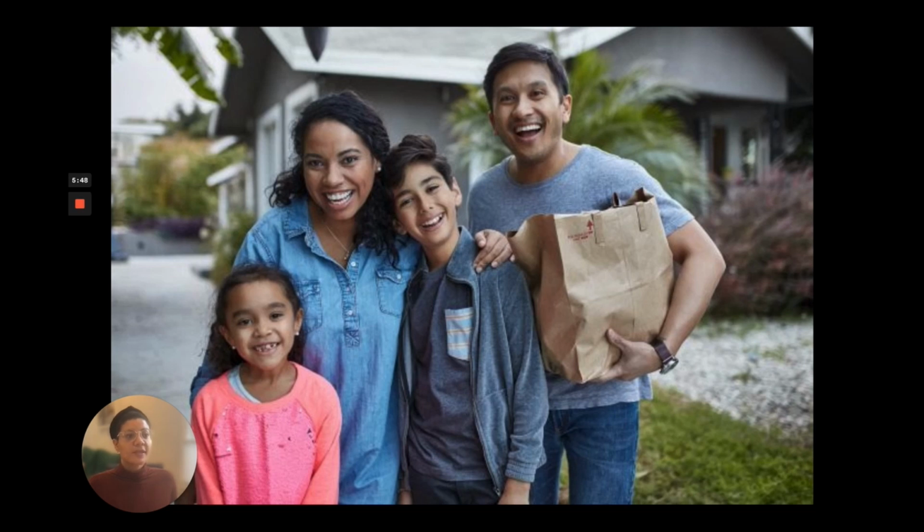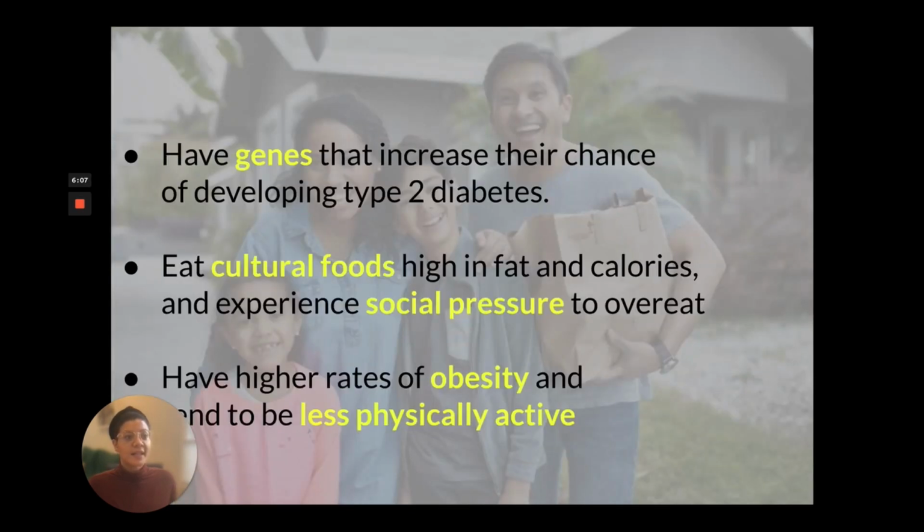Let's take an example from the CDC's page on type 2 diabetes, which states that people of certain racial and ethnic groups are more likely to develop prediabetes and type 2 diabetes, including African Americans, Hispanic, and Latino Americans. According to the CDC, there are several factors for this: a genetic component that increases BIPOC's chance of developing type 2 diabetes, cultural foods that are higher in fat and calories, and social pressure to overeat, as well as higher rates of obesity and a tendency to be less physically